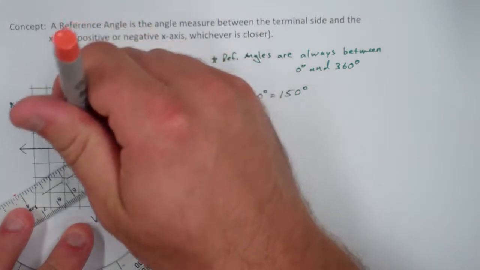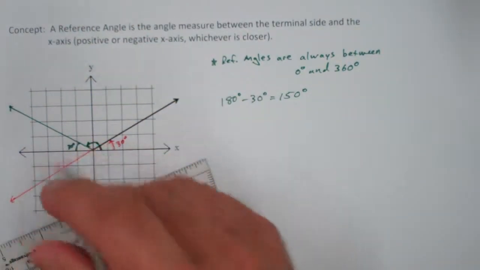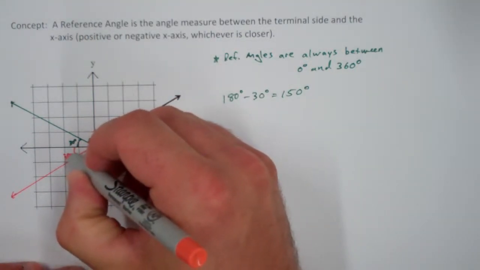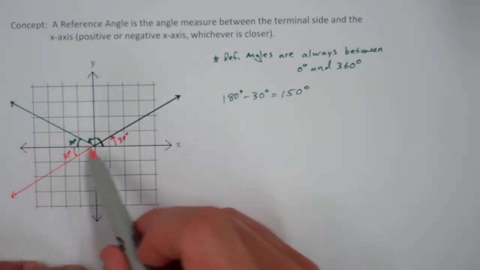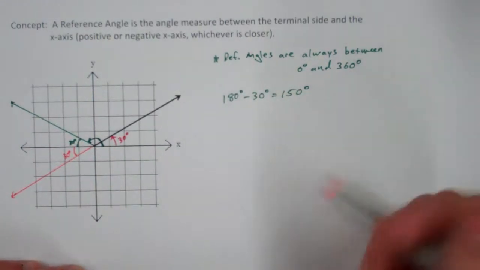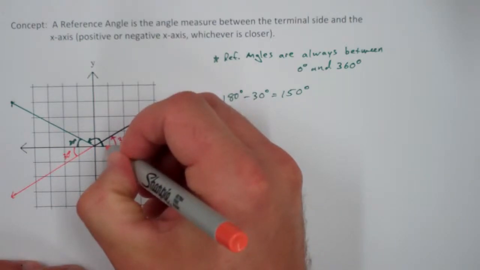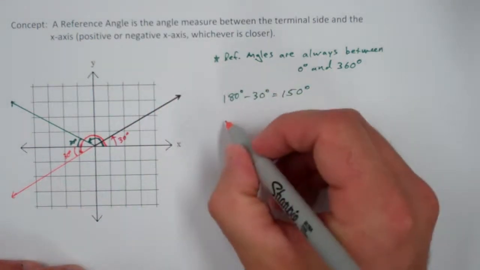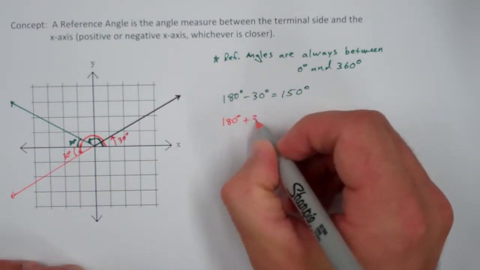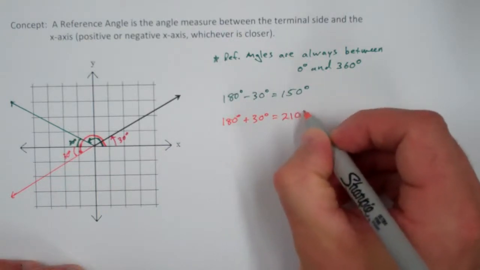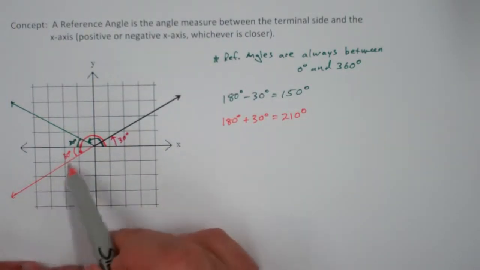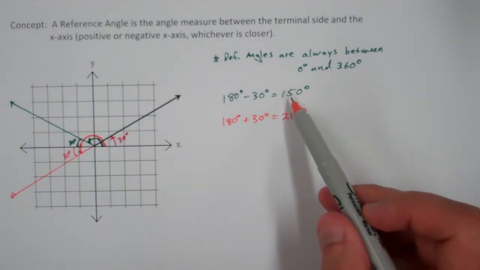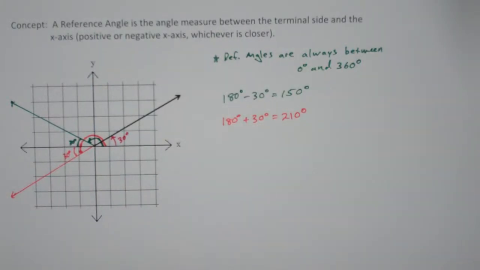And for this one, you'll note that this angle here is still 30 degrees. So all the angles between the x-axis and the terminal sides are going to be 30. The reference angle is 30 for all of these, but when we measure this angle, we want to go around to 180 and then 30 more. So we could do 180 degrees plus 30, which gets us 210 degrees, which is the angle measure of the orange terminal side here. And you'll note that 210 degrees, like 150, has a reference angle of 30. There's one left to do,